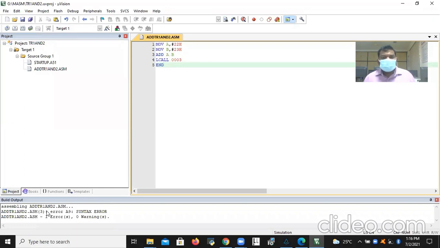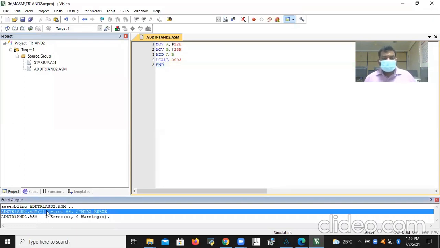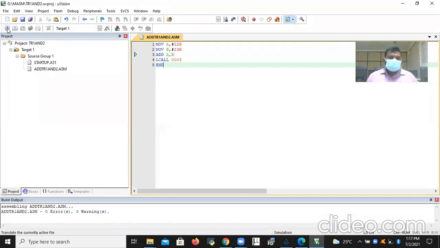ASM line number 3, it is saying that error. You just give the double click over this. Immediately that line will be selected. Then you can observe the error and you can edit the code. And once again save the code and once again translate it, build,